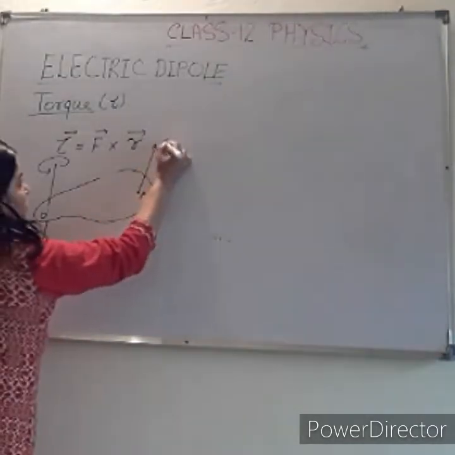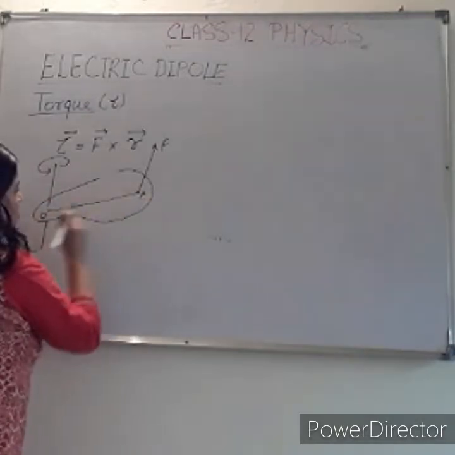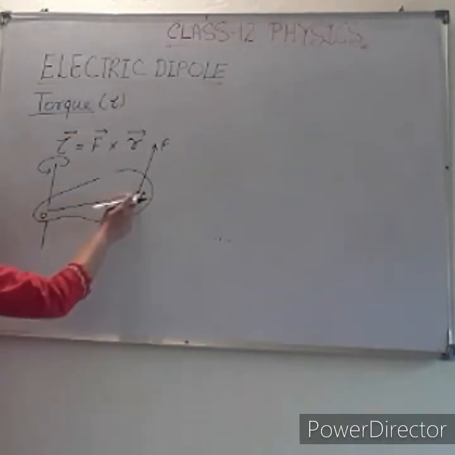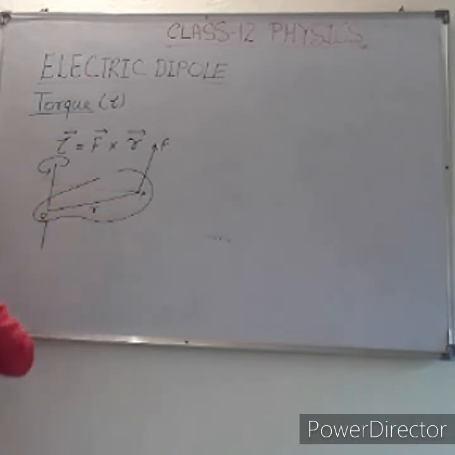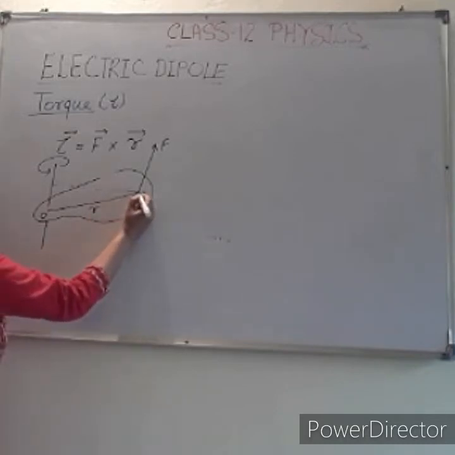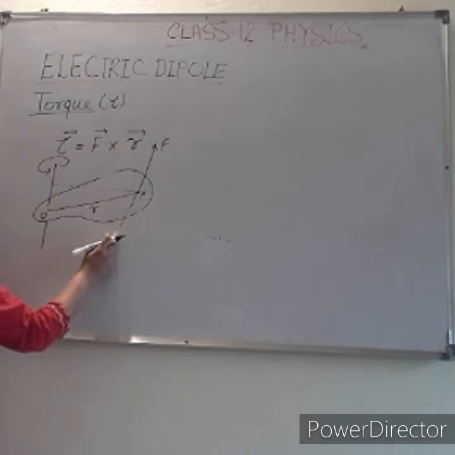If the force is applied here at the point of action P in this direction, then we can draw the line joining the axis of rotation and the point P, R. We need to take the perpendicular distance, which is perpendicular to the force. So this one is the perpendicular distance corresponding to the force. Or alternatively, you can extend the force vector backward, and now you can take the distance which is perpendicular to the force. So you can take this distance R, the perpendicular distance.